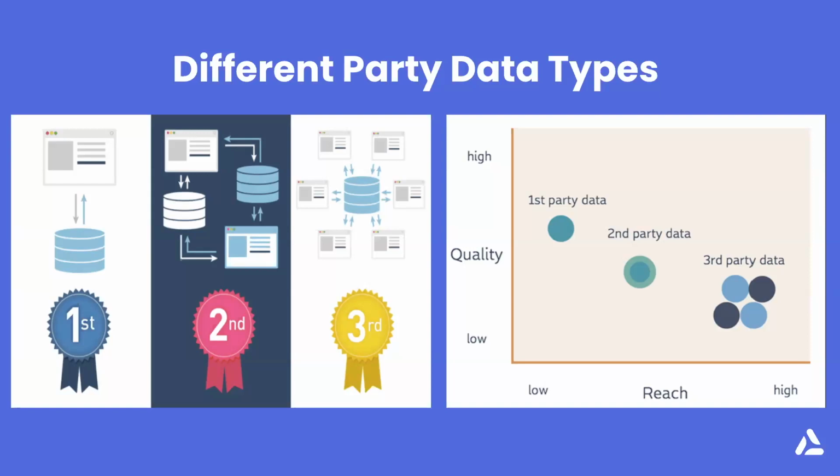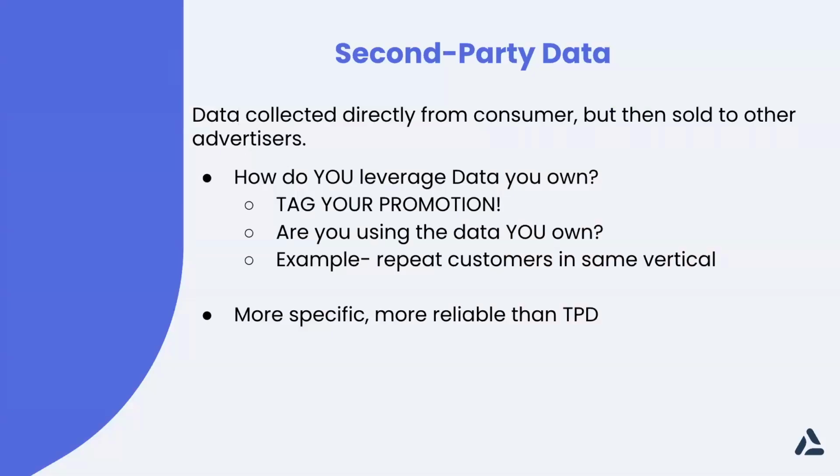Second party data is when you utilize a platform to help gather data, which is then sent directly to you, which would be us, right? Audience is sending first party data to you, whether you're using a CRM like MailChimp or Salesforce or Zapier, totally up to you. That data is then immediately sent. So between first and second party data, very, very close. As I said, second party data collects directly from the consumer, but is sold to advertisers.